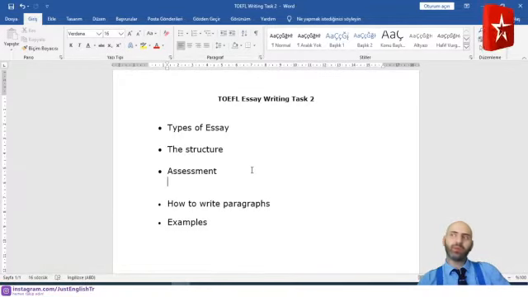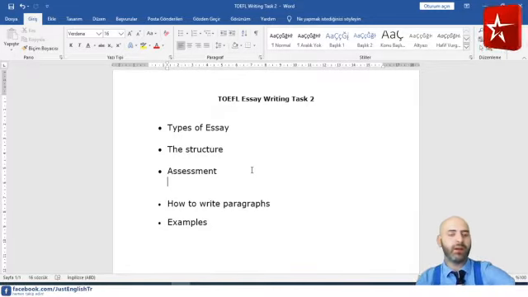For example, I remember when I was a student at high school, we used to write a lot of essays, but at those times we were supposed to quote someone's text and cite some quotes from someone. But for TOEFL, you should not do any of this. It only should be your opinion. You are giving only your opinion. You don't need to copy someone's information and you don't need to give someone else's ideas.